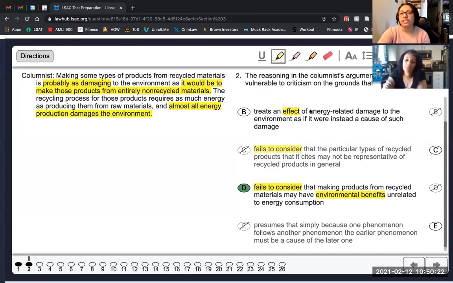And with B, treats an effect of energy-related damage as if it were a cause, they're going to be really clear. If the answer is about cause and correlation, they'll say we noticed these two things happening, therefore one causes the other. They're going to be very clear about that. Here they're just saying, we think this is damaging because it damages the environment. Gotcha. Okay. So don't feel too bad, because this just comes from exposure to the test. And I have some flashcards on flaws I can send you. Someone just made them and I just remembered that they